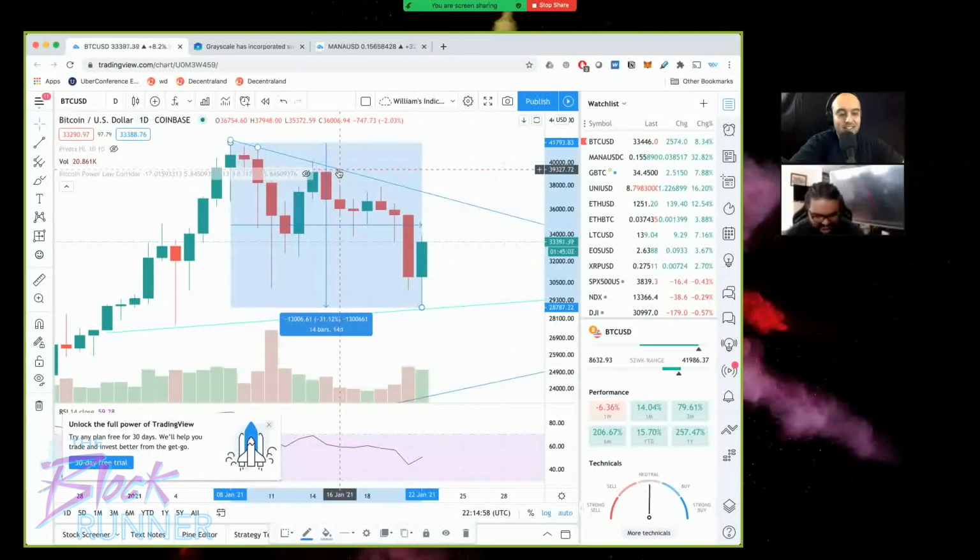Exactly. We're just recuperating. Like I said, it's shaking out the players who shouldn't be in the market in the first place. I don't know, man. This is just typical market behavior. The more and more you get exposed to it, the more natural it will seem. It won't faze you as much just because you've seen it so much. But yeah, if you're new to this market, it's definitely